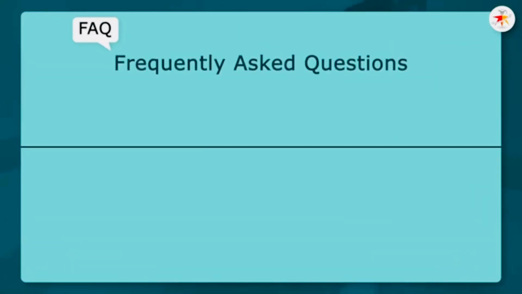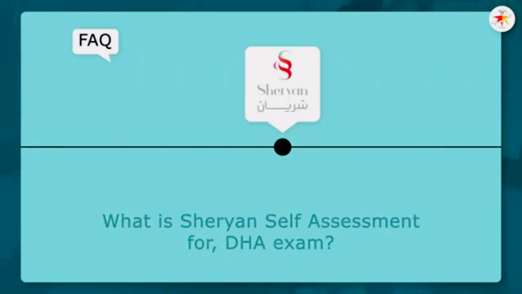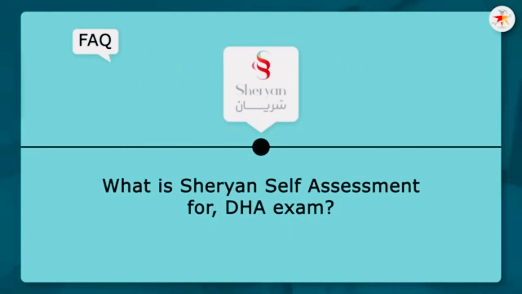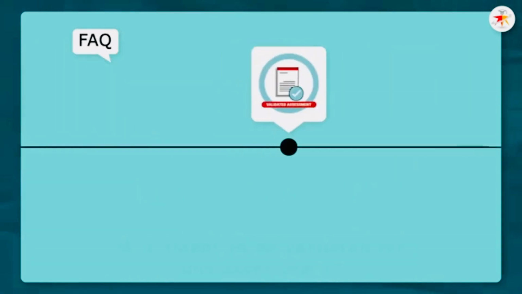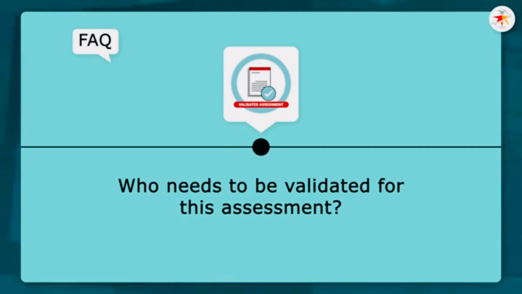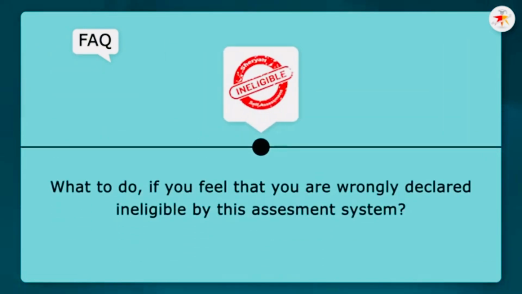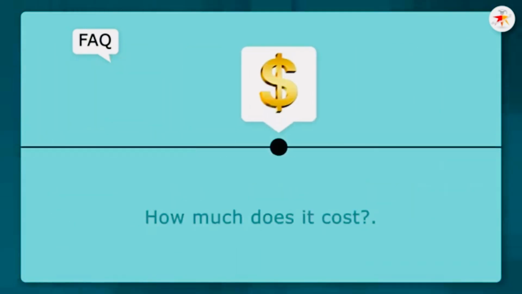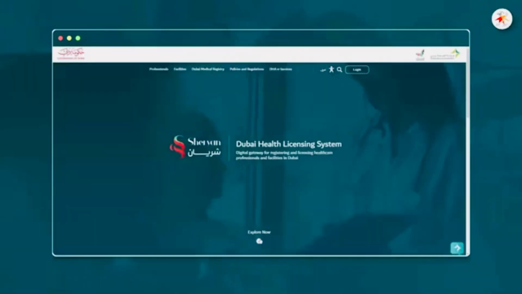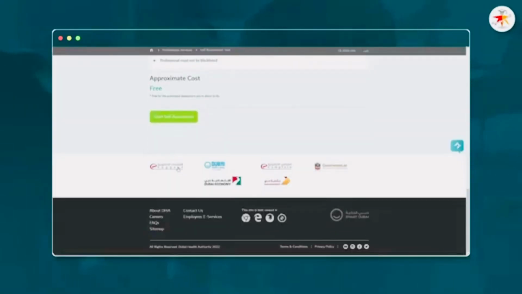Therefore, in this video, we will cover some frequently asked questions, such as: what is the Sheryan self-assessment for the DHA exam? Who needs to be validated for this assessment? How do you go through this process step by step? What to do if declared ineligible after assessment? How much does it cost? After watching this video, I am sure you will be able to process this initial assessment by yourself without anyone's